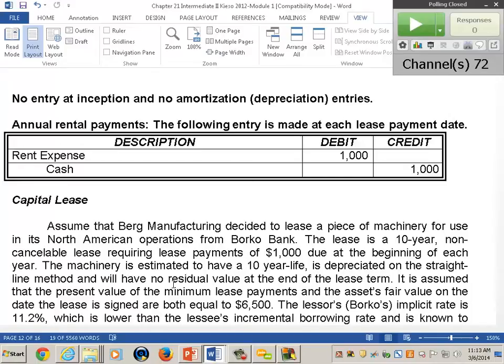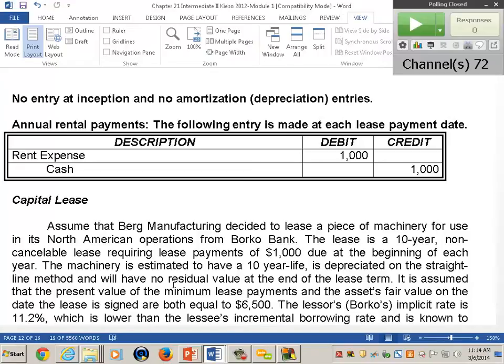To operationalize that, we came up with the criteria for capitalization. Under US GAAP, we had the four conditions, which were, of course, transfer of ownership, purchase option, bargain purchase option, and the 75% and 90% tests. The 75 and 90% tests were a little bit tricky because they're not always as clear, but in all cases, the issue is whether or not the lease transfers risks and rewards of ownership to the lessee. If that is concluded, you have a capital lease. If you don't meet any of those conditions, you have an operating lease.